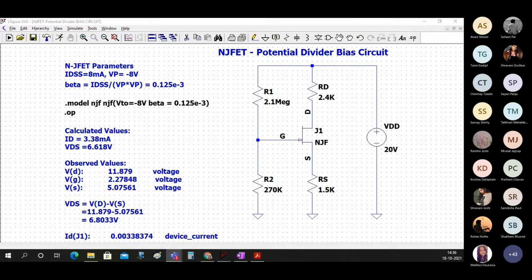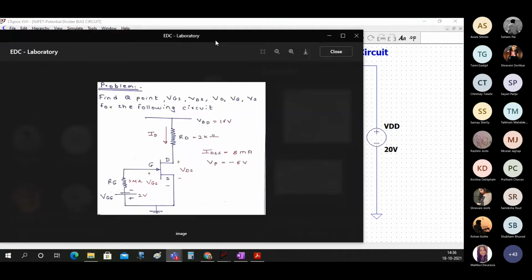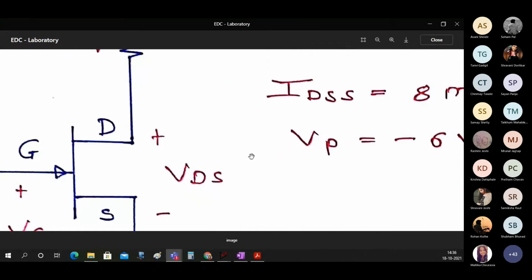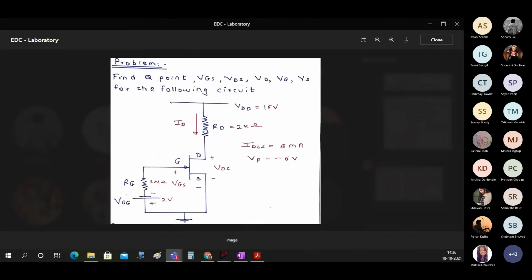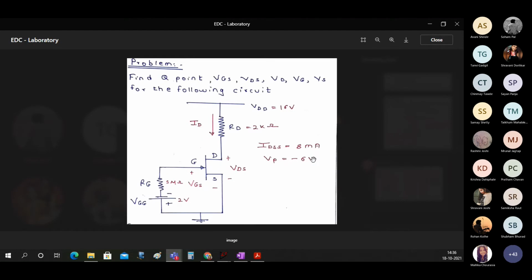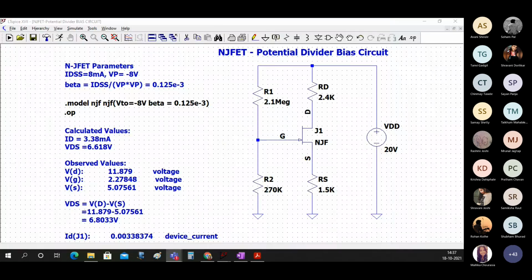Now I have posted this circuit. Everybody should be able to see this now. Here we have 16 volts, 8 milliamperes IDSS, VP, and the calculation is already there.